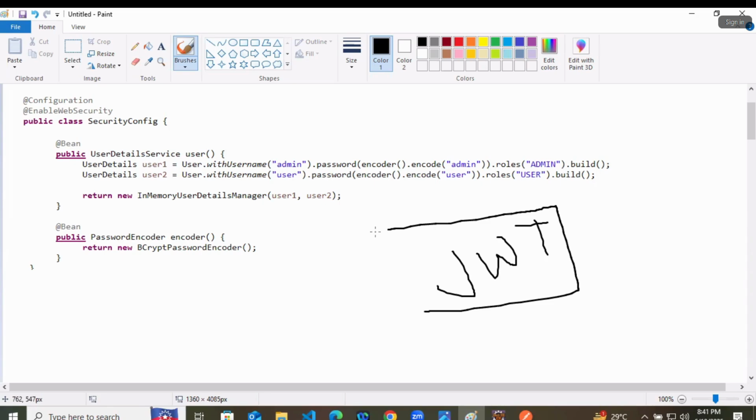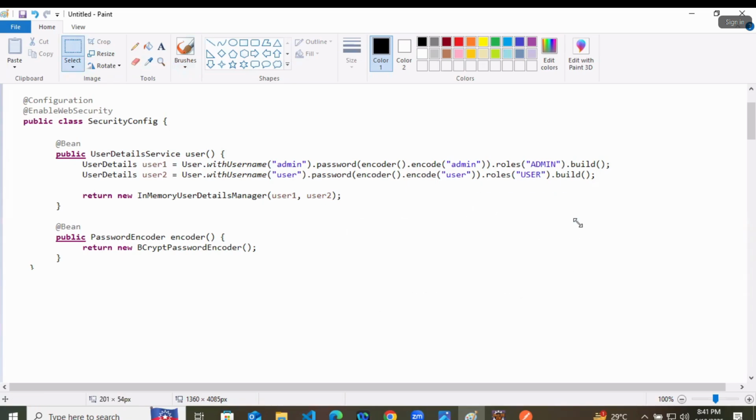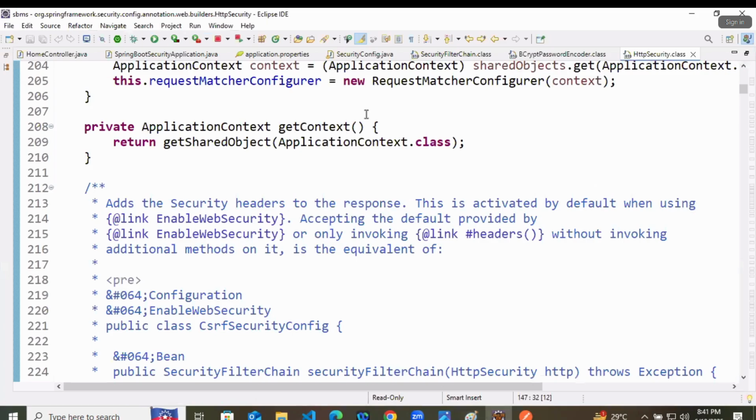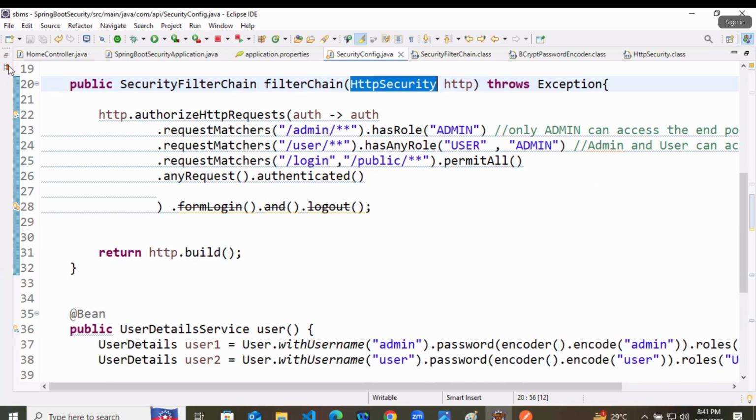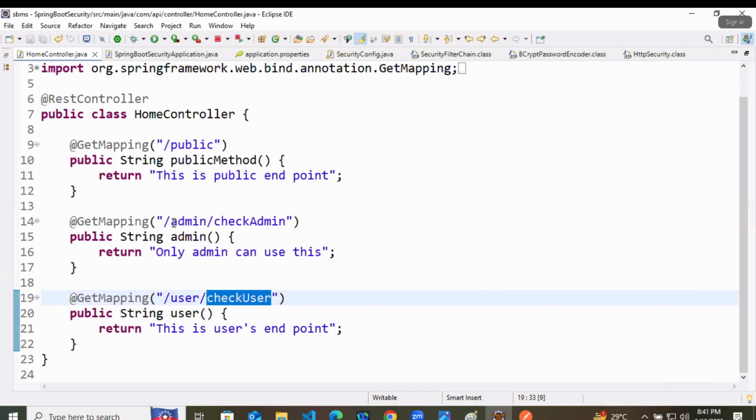JSON Web Token means we will build a token-based login. That is the secure way of login. But there is some code issue that we are making. The controller is like slash admin, check admin, slash user, check user.